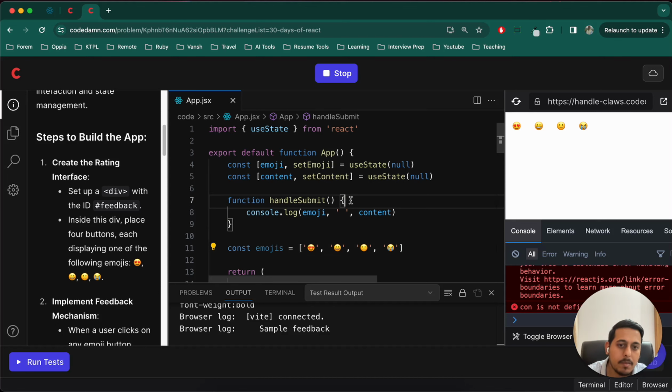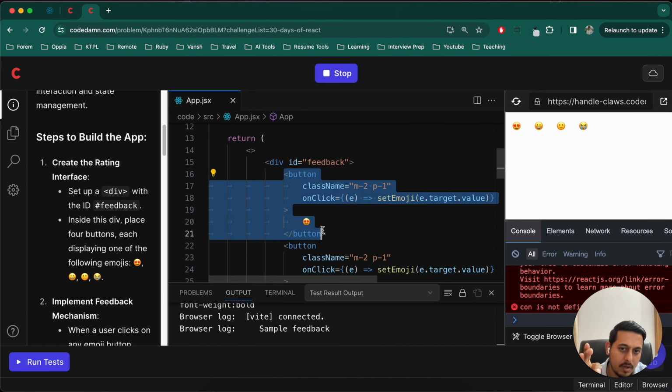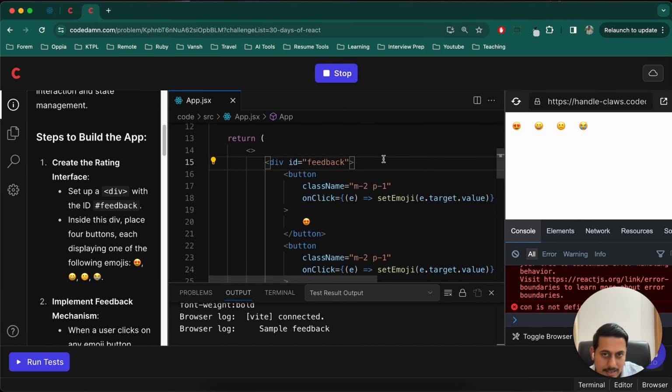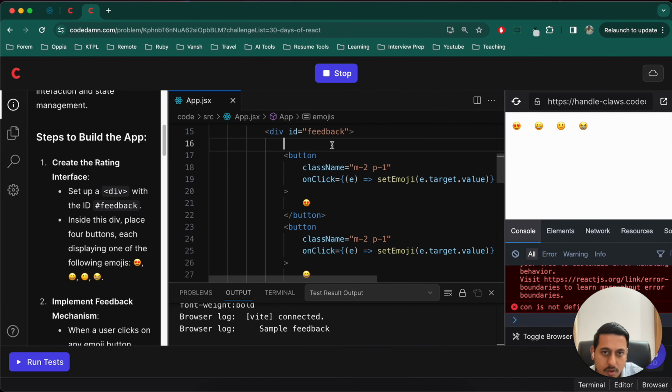Okay, the problem with the current code is that, first of all, we are replicating 4 buttons in which only the text is different. That's one. Second problem that I see is, now if I want to add 5, instead of a 4 rating system, I want to make it a 10 rating system, then we'll have to render 10 buttons and replicate that code again and again. So a better way, I think, is that we should loop through this emojis. So for that, emojis dot for each